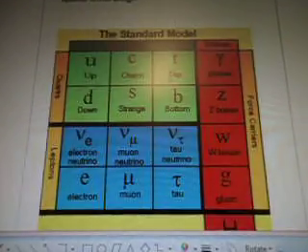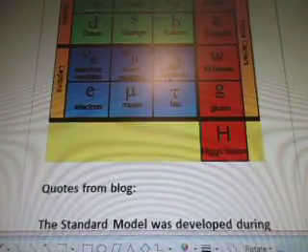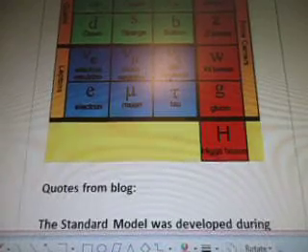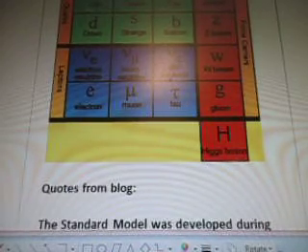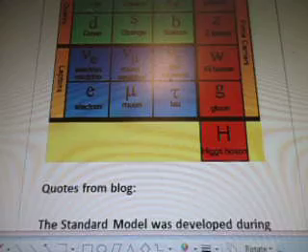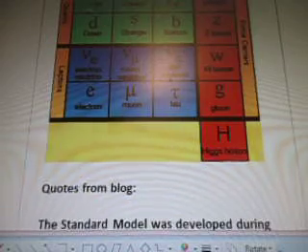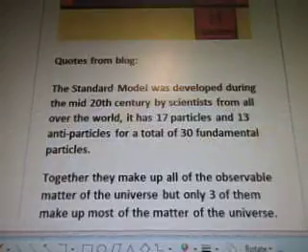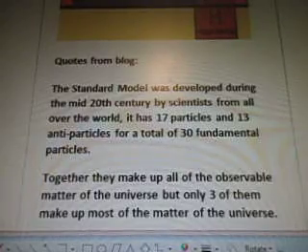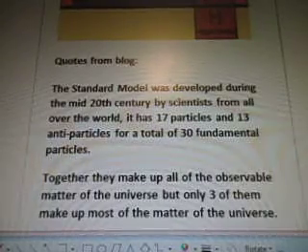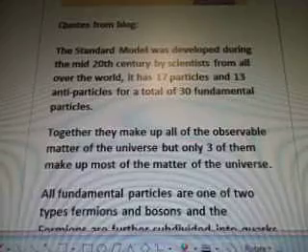Quote from blog. There's a standard model showing the quarks, leptons, and fermions and bosons. Showing the force carriers, fermions. Quotes from blog. The standard model was developed during the mid-20th century by scientists from all over the world. It has 17 particles and 13 antiparticles for a total of 30 fundamental particles so far. Just so you know,